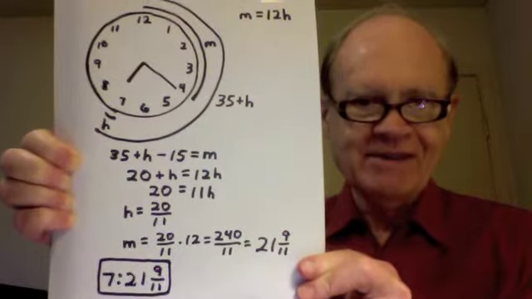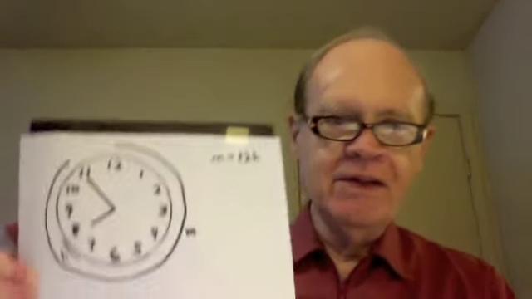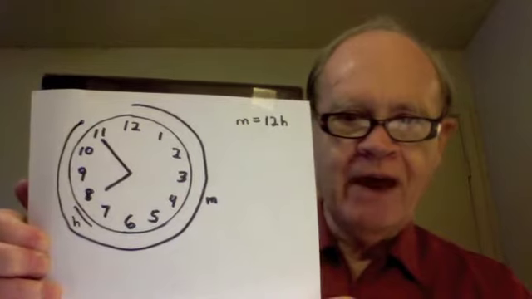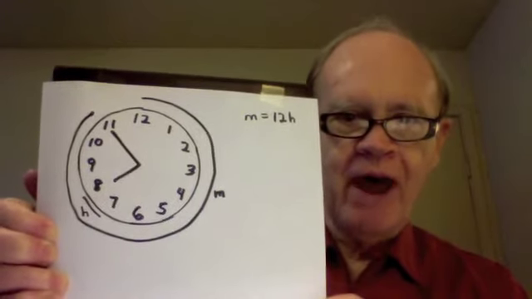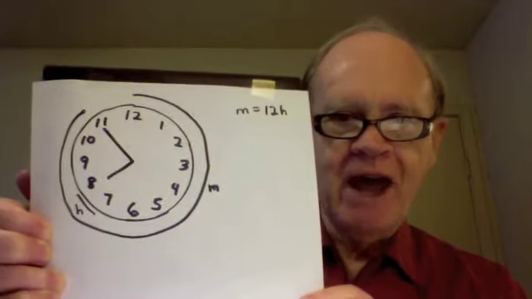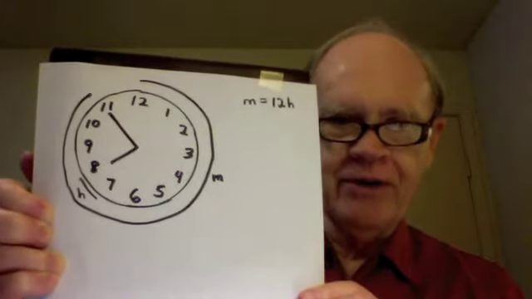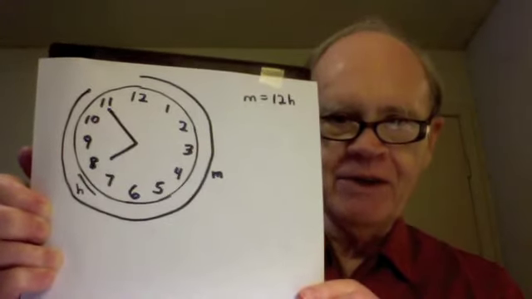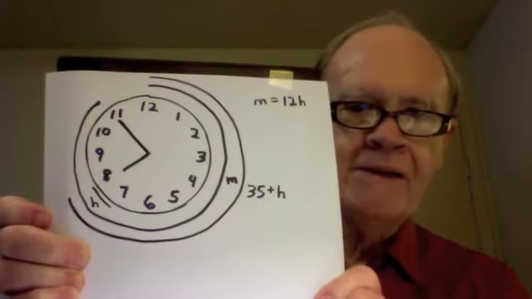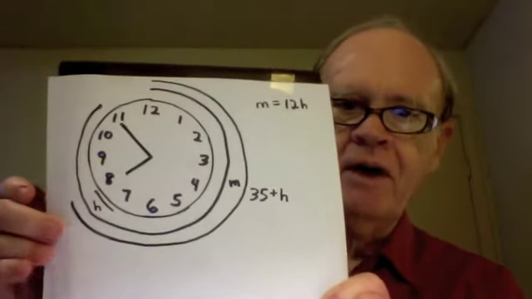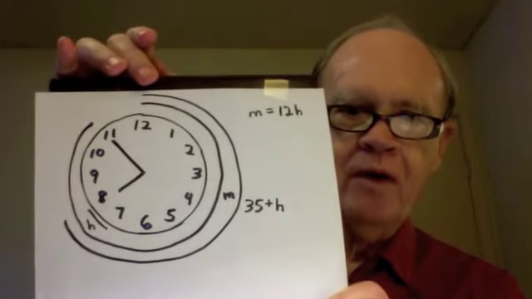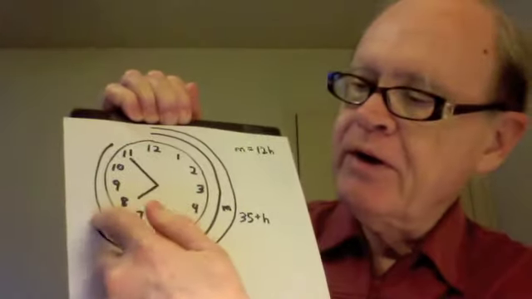and 9 elevenths. Now for the second half of the solution, the exact time when, for the second time after 7 o'clock, the hands are at a right angle. This represents that. We have a longer H and a longer M. We still have the equation M equals 12H. Since that first time, the hands crossed over each other and then got to this position for the second right angle. As in our first part of the solution, again, from the top, 12, all the way around to here